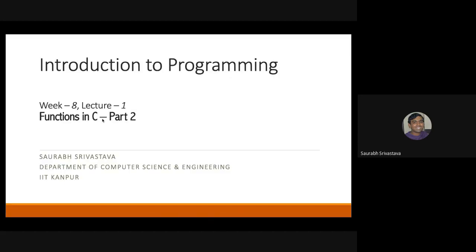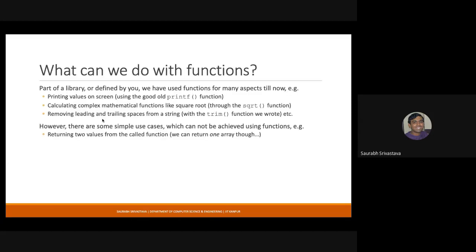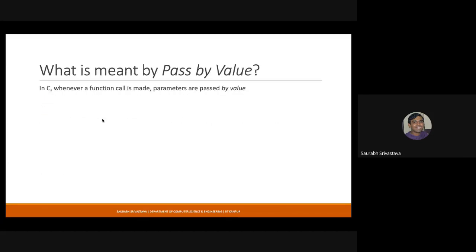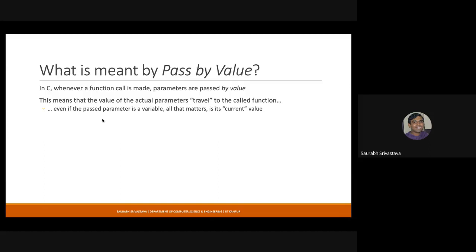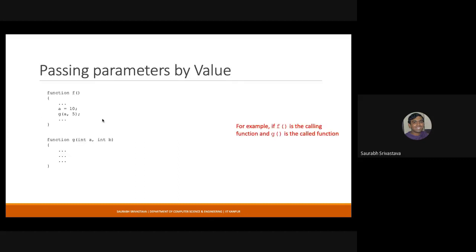So then we actually returned back to functions because there was something that we had not discussed. This was the concept of call by value and call by reference. Usually when you call a function, that type of call is known as passed by value. So what you say is basically the local variables in the calling function, for instance, I mean usually they are the local variables. Whatever value you pass from the calling function is being sent to the called function, and in your formal parameters their values are copied. So basically it is just the value that travels from the calling function to the called function, something like this.